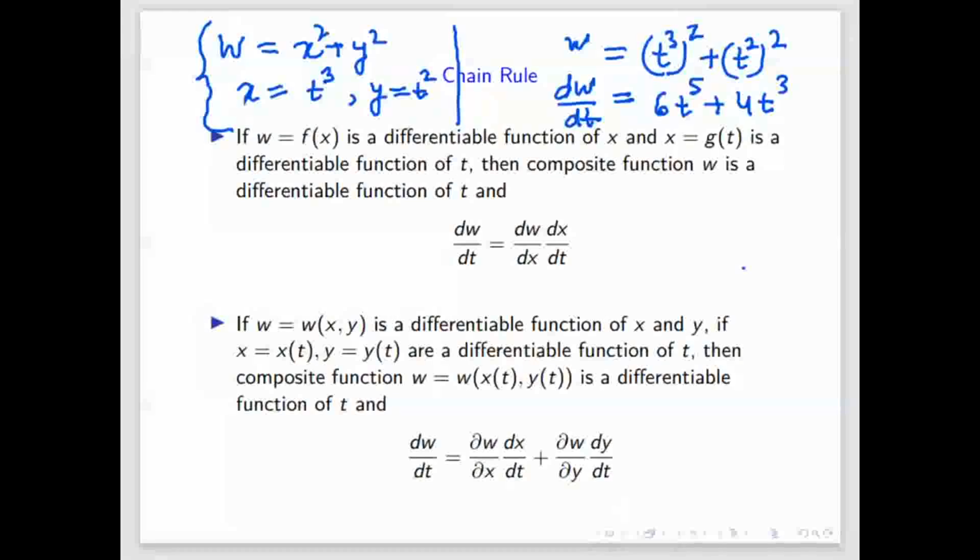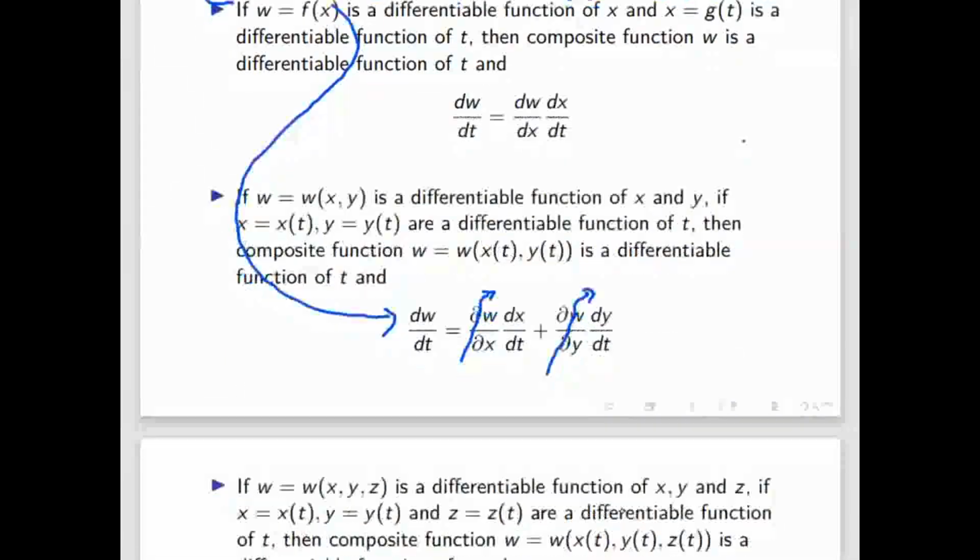So now the same thing we will do by chain rule. The chain rule says that first differentiate w with respect to x. So what is del w by del x in this example and what is del w by del y in this example? Now the same problem we want to solve by chain rule. w is given as x square plus y square. So we can differentiate partially with respect to x and with respect to y. So what is the partial derivative of w with respect to x? 2x. So the partial derivative of w with respect to x will give 2x. With respect to y it is 2y.